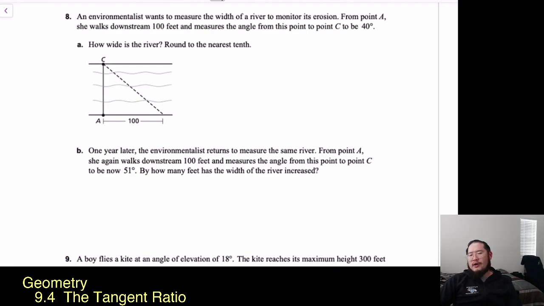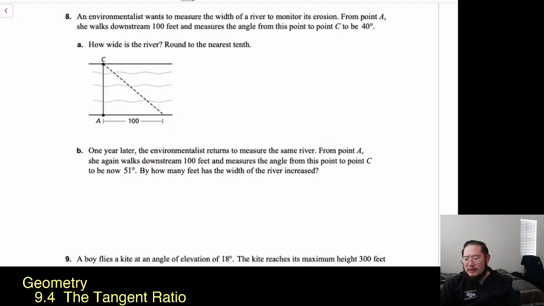So what makes this so great? Well, it kind of applies things in real life and what we're doing, right? And how we could try to do something like measure something out. So we start at point A. She went downstream 100 feet, so you can see it down there. And from this point, they're saying that